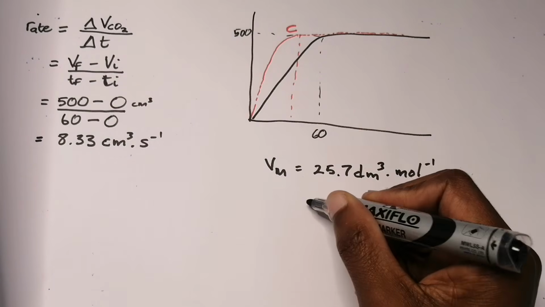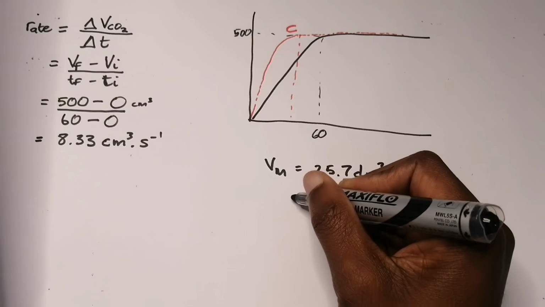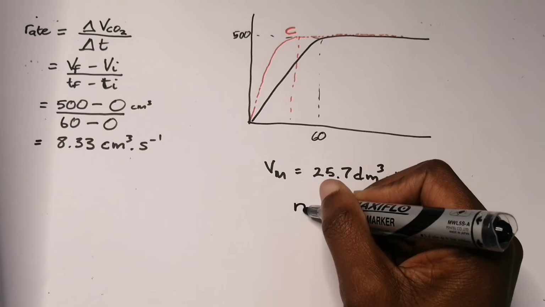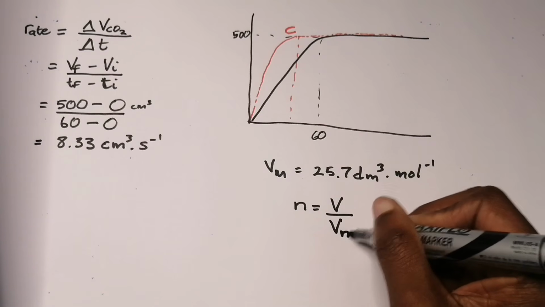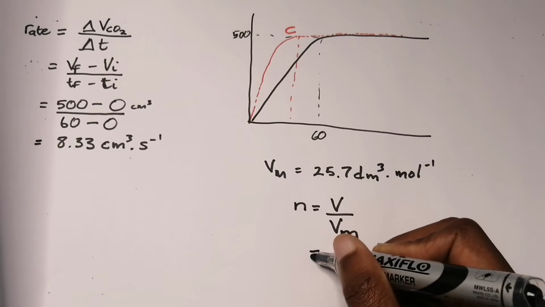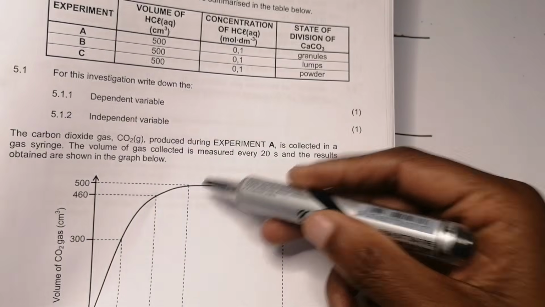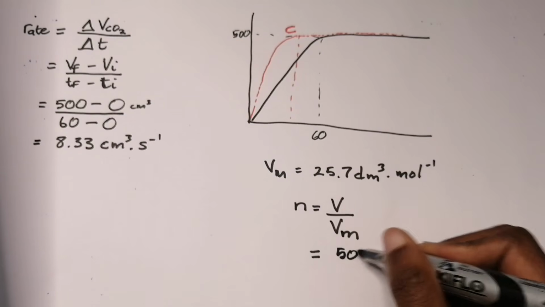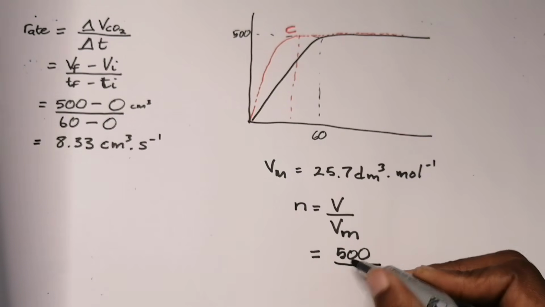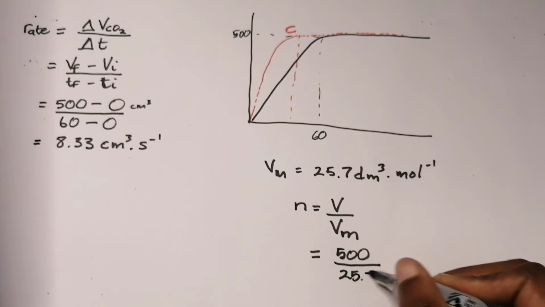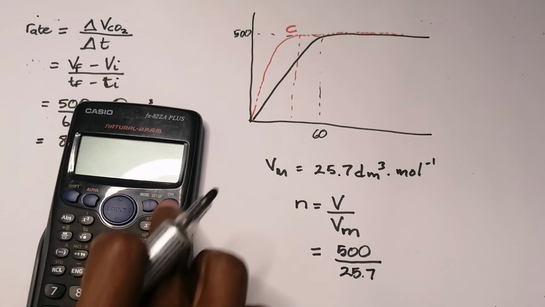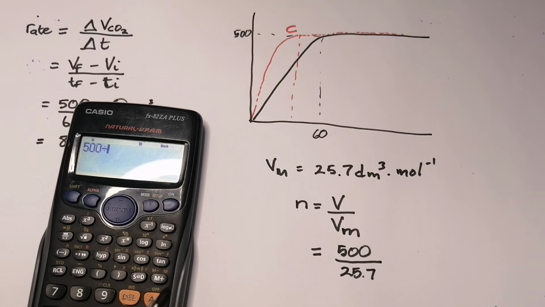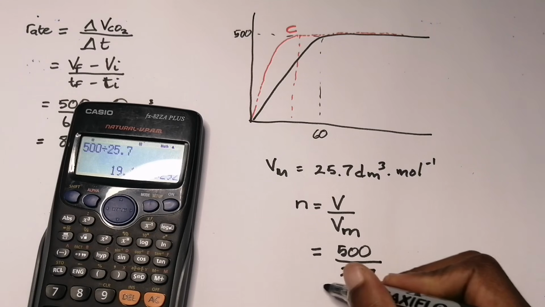Right? So now what I want to find out is the number of moles of carbon dioxide. So that's going to be volume. How much did we form? 500, divided by the molar gas volume, which is 25.7. Let's find that out quickly. That's 500 divided by 25.7, and we get a value of